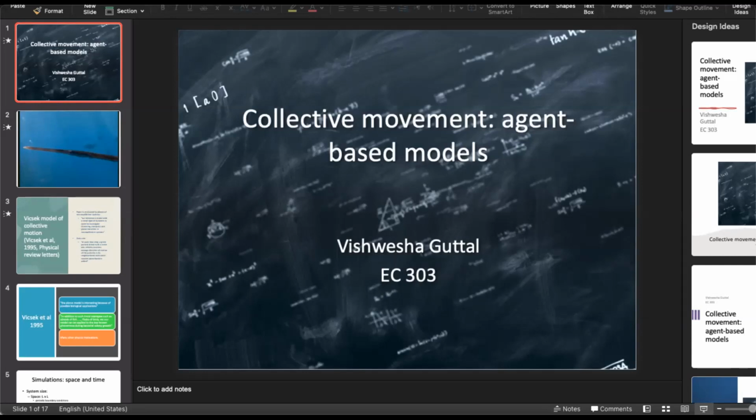So what does this model do? I'm going to use a bunch of text from the paper to say what the authors wanted to say. They say the paper is motivated by physics of non-equilibrium systems. We introduce a model with a novel type of dynamics in order to investigate clustering, transport, and phase transition in non-equilibrium systems.